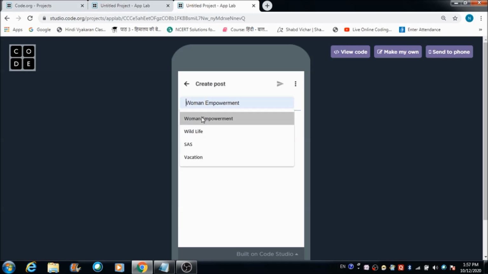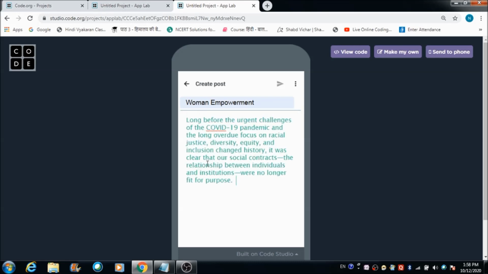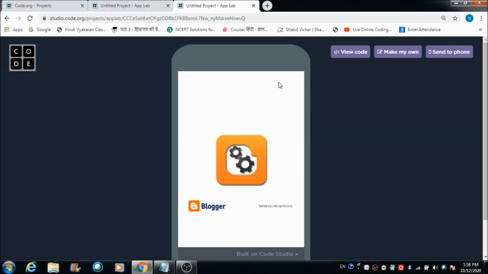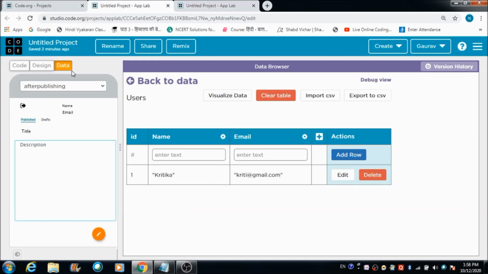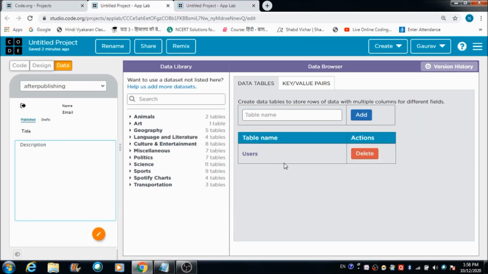Now let's make use of this thing, and I've got a description also on my notepad file, so I'm going to use this for now for creating a post. Let's now hit this send button and see what is going to happen. Let's see whether we have got any table created on the browser or not.